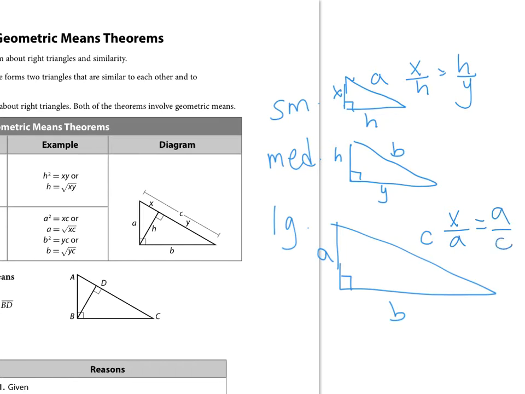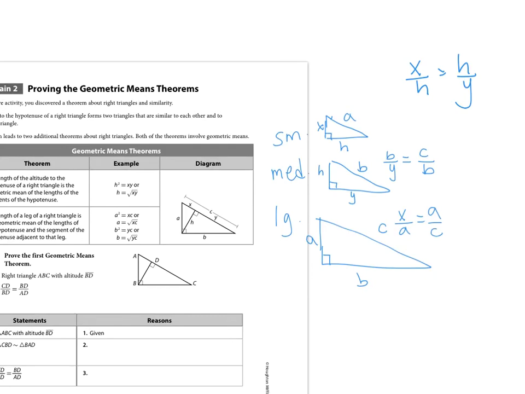And then for the final comparison of our medium triangle to our large triangle, we could set it up so that we were comparing the hypotenuse to the long leg and the hypotenuse to the long leg. So the following proportion would result from that. B to y is going to equal C to B. So that's just a little bit of background of how those similar triangles all come together. Now hopefully it'll make a little bit more sense